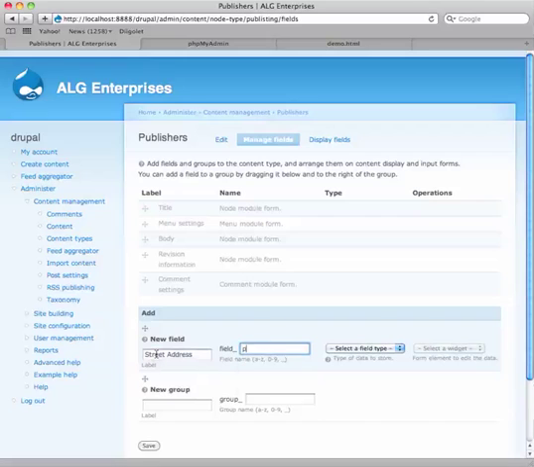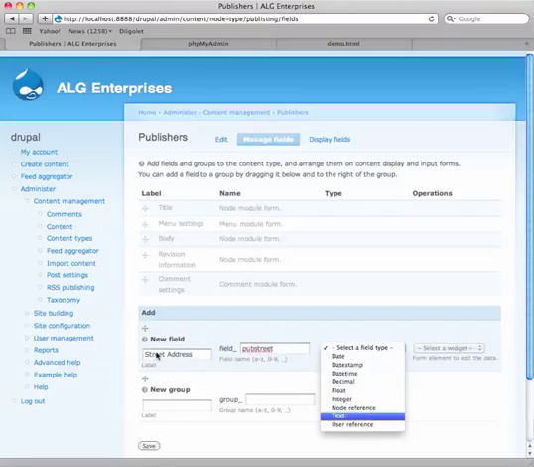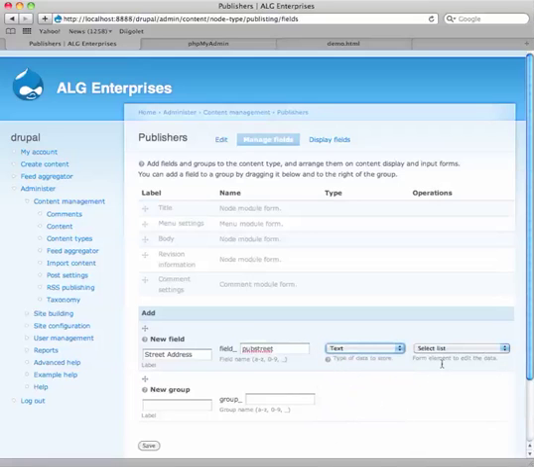I'll call it a type of pub street. It's going to be of type text, and the widget that I'll use for that is going to be of type text field. I can save at this point,